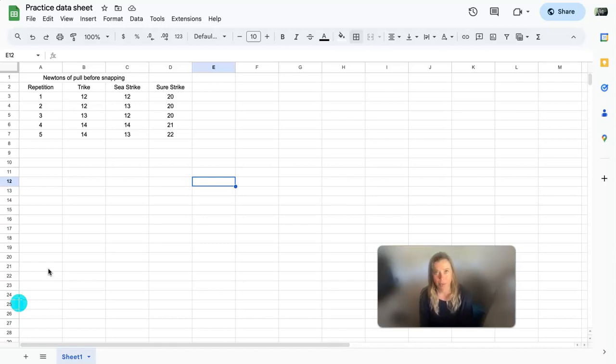upload into secondary programs. So this right here, this experiment was newtons of pull before snapping. These are 3 different brands of fishing line. The students used a force meter in order to determine how much pull it could take before the line snapped. You can see that there were 5 repetitions for each line type, and this is typically how we would record data. We might do something pretty crazy, like we might have average, and we would calculate averages and include that